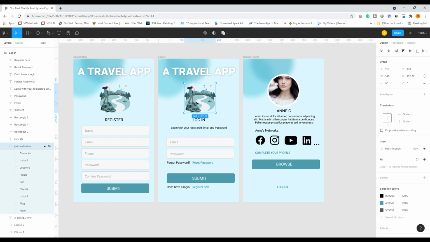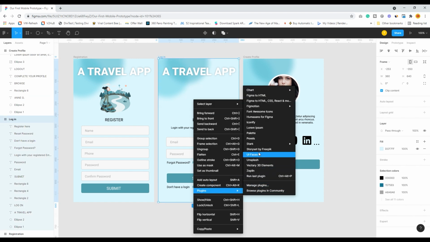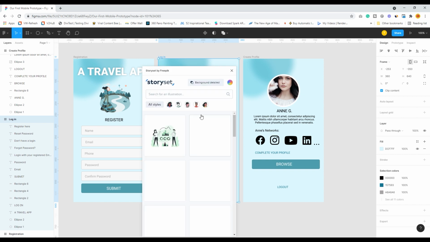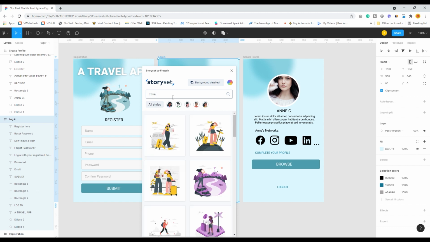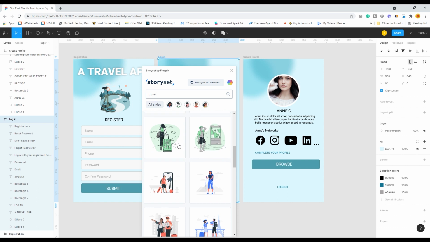So we will just delete it, right click over here, go to the plugin and click on Storyset again, travel, selected travel, and see what image I can get.